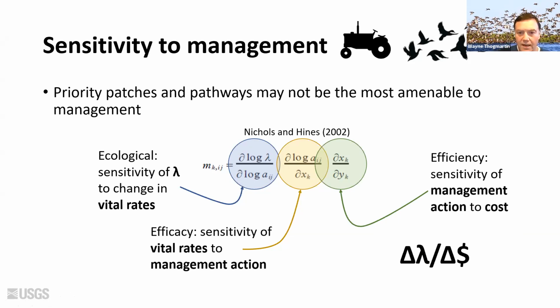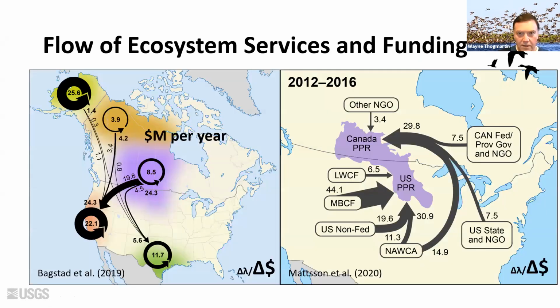We've tried to keep that calculation in mind when thinking about flows across these networks, the flow of ecosystem services and funding. The motivation for our adoption of these network approaches is that we wanted to know how value is generated in one location and is moved by migrational processes to other locations. So, ducks are hatched in the prairie potholes in Alaska and then move to California and the Gulf Coast, where they're acquired by hunters. So that value is generated in one location and moves by migration to other locations.